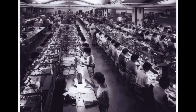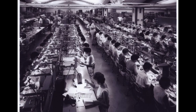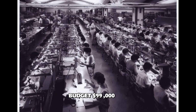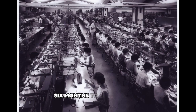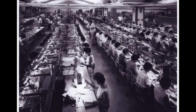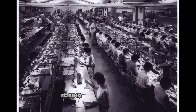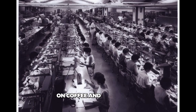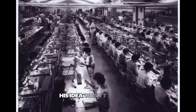The Pentagon's formal request hit Word's desk in March 1965. Project Paveway. Budget: $99,000 for feasibility study. Deadline: 6 months to demonstrate basic concept. The amount was laughable for aerospace development. Boeing spent that much on coffee and engineering notebooks, but it was enough for Word to prove his idea wasn't